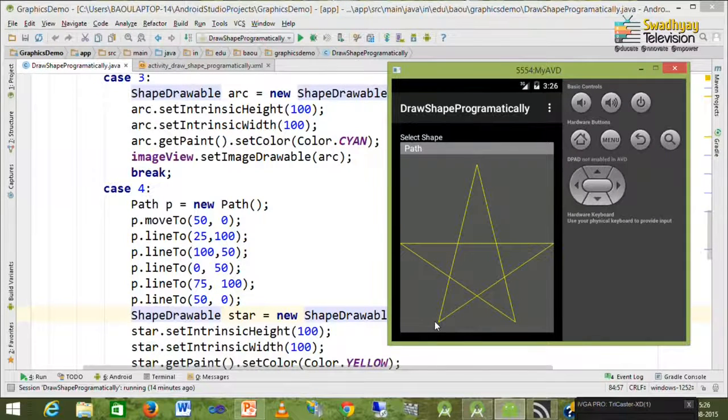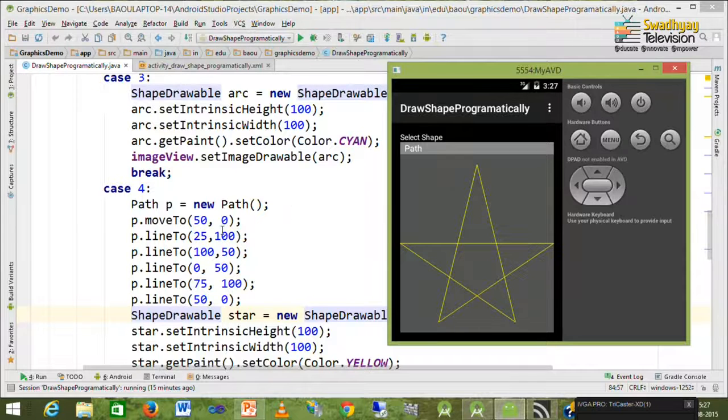So, this point is 25, 100. Now, this point is 100, 50, because x is 100 and y is half, that means 50. Again, this point is 0, 50, because x is 0 and y is half, that is 50. This point is 75, 100, and finally this is 50, 0.